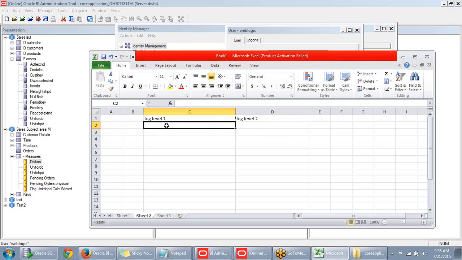In log level 1, the following details will get captured, that is username and session ID, all these things for any query. But whereas in log level 2, in addition to these log level 1 items, we will have all the other details captured, like repository name,